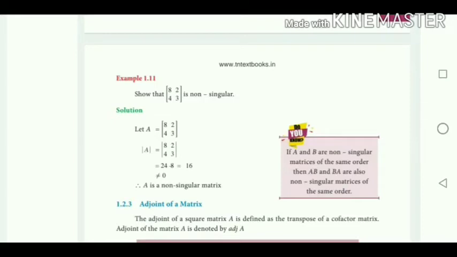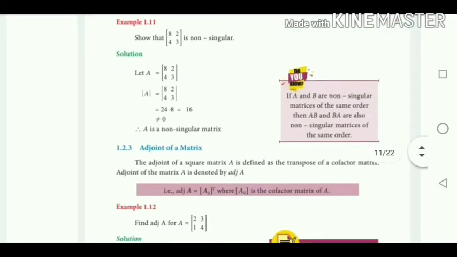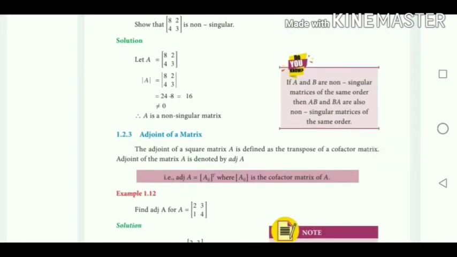Okay, so first you understand what is the singular matrix and non-singular matrix. In order to find the inverse, the second point is you have to find adjoint of A. First you have to find whether it is a singular or non-singular matrix. If it is a non-singular matrix, then only it is possible to find A inverse. Okay, so if it is singular, you write A inverse doesn't exist. Okay, then adjoint of matrix. The next step is to find inverse. You have to understand what is the meaning of adjoint of matrix.